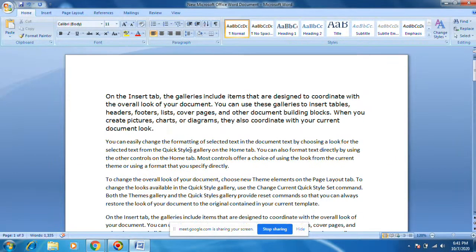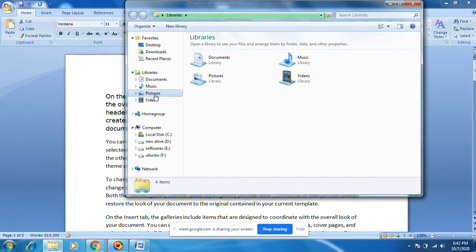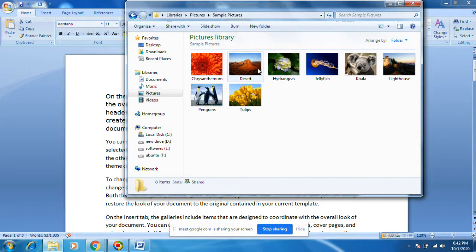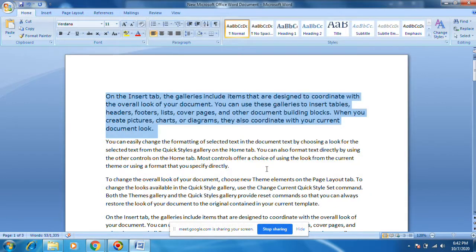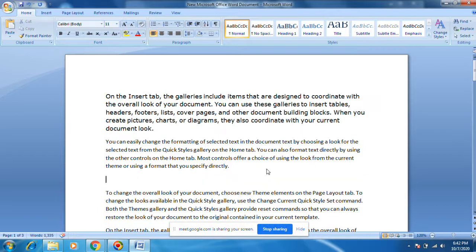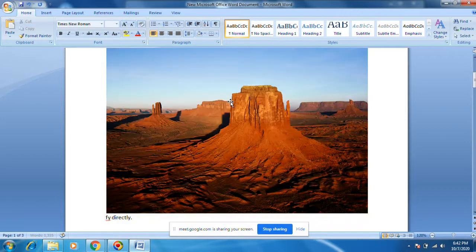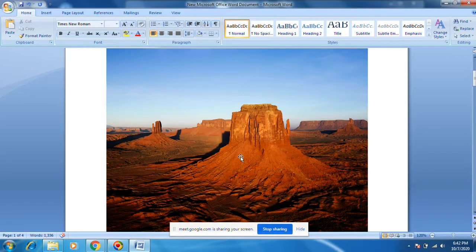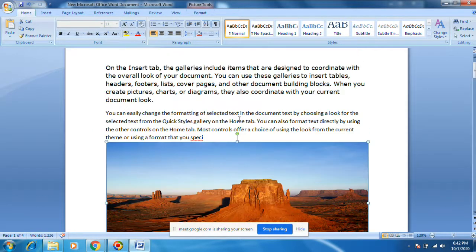You can copy anything. Not only this text, you can copy any image. You can copy any image and paste there. Copy. Where you want to paste, somewhere here. Paste. You can paste the image also. You can reduce the size of the image. Everything. Image thing we'll discuss later.